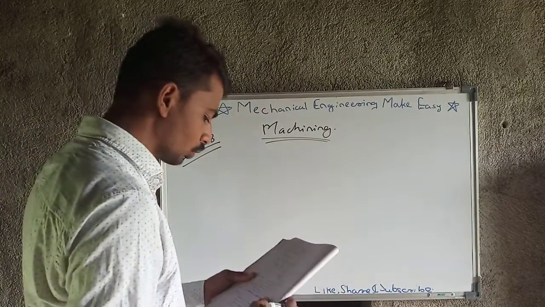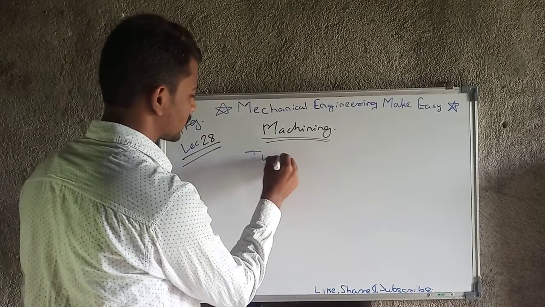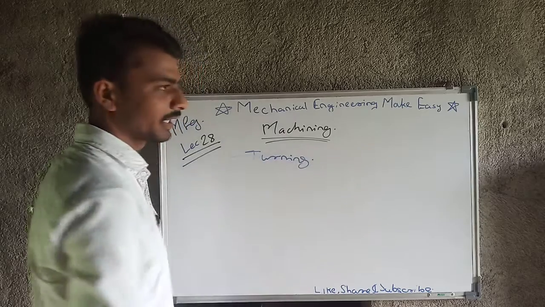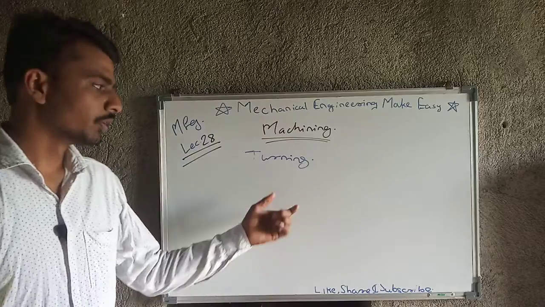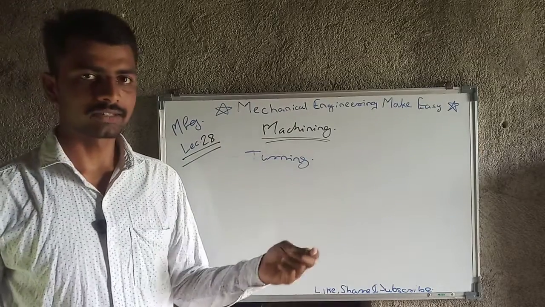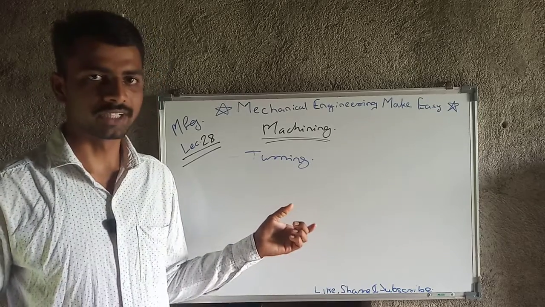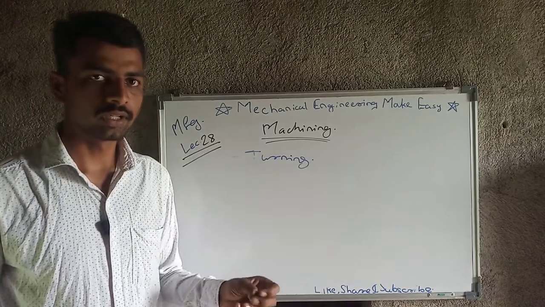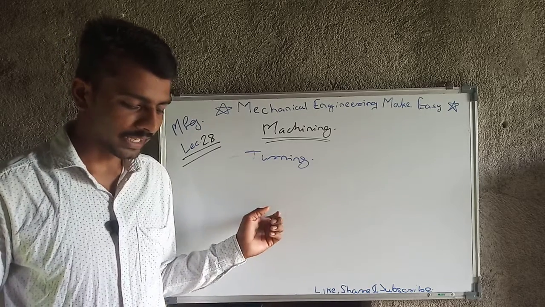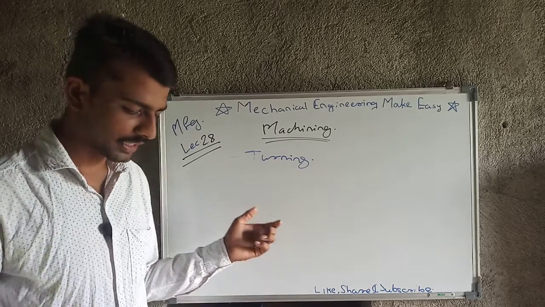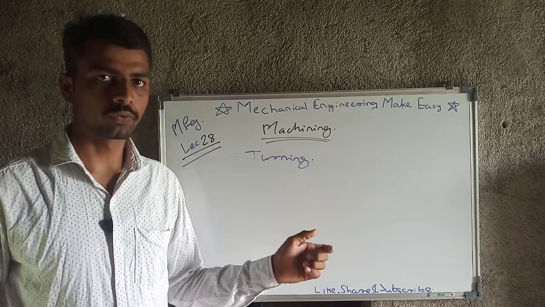Now we will move towards problems caused during turning. The major operation on our lathe machine is turning, and while performing turning, the lathe machine has some problems. Which kind of problems? First, poor surface finish. In case of a lathe machine we will not get a proper surface finish while the turning operation is going on. Then excessive crater wear, then edge chipping. At the edge, chips are going to form.